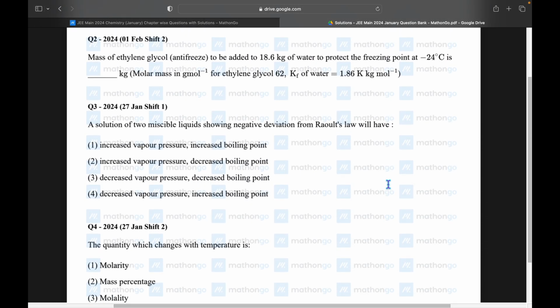Right. Second question, look. Mass of ethylene glycol. No, the second question is finished, but the third question: a solution of two miscible liquids showing negative deviation from Raoult's law will have